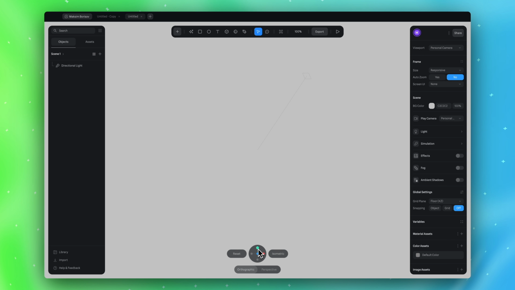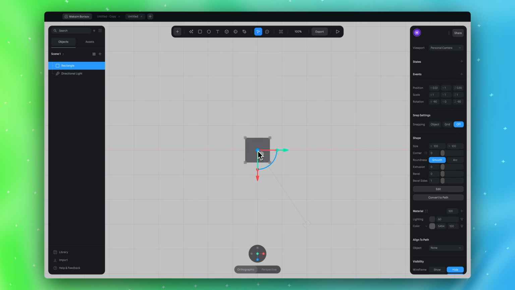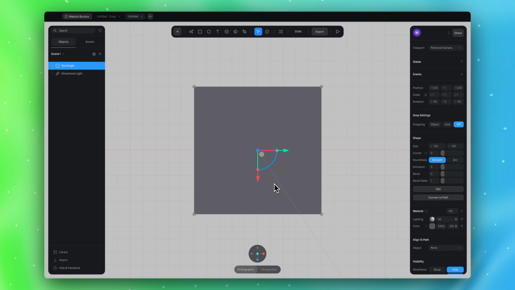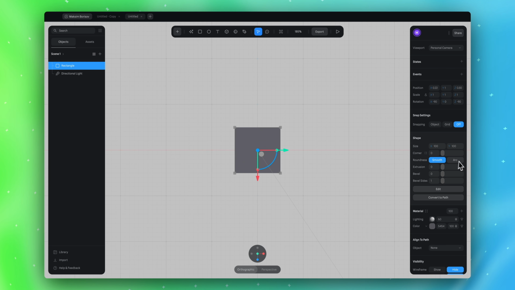Press on this green circle, so we will switch our view from normal to view from top, and now we can see our floor grid, floor XZ. We will use this grid to create our areas. So first of all, let's create a first area. We will use a simple rectangle, select rectangle, and let's put this rectangle in the center. So now we can scale our rectangle, and because these two sections of this grid equal 200, I will make my rectangle 180,